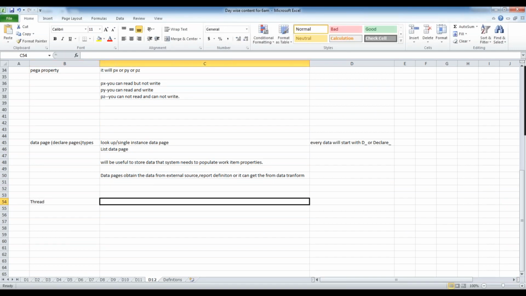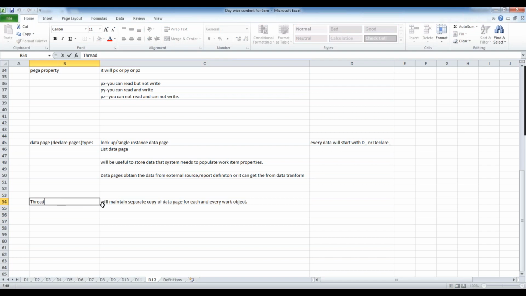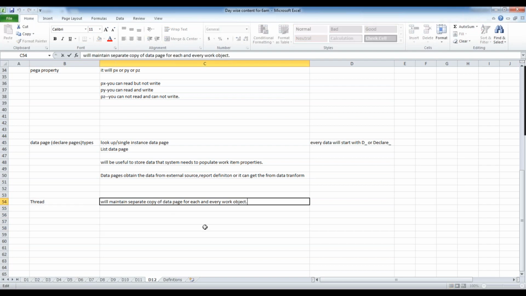Thread will maintain a separate copy of the data page for each and every work object. I'm using one terminology, but work item, work object, case, wherever I use, all mean the same. I use different terminology in different places just to make you habituated. So thread indicates that for each work object, a separate copy of the database will be maintained.